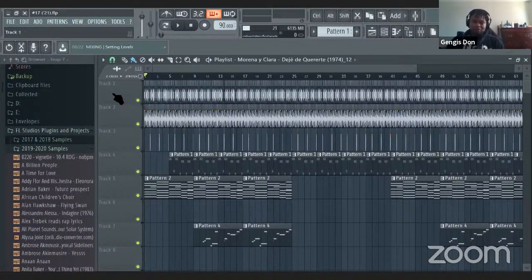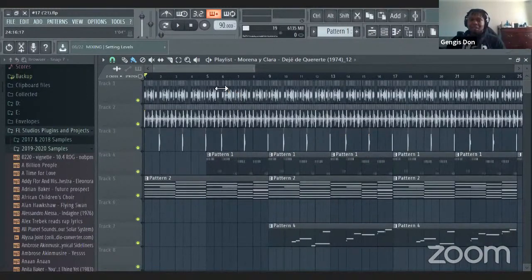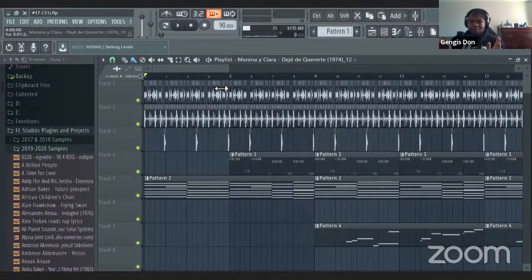That's very occasional. So what I like to do with my projects is always have an intro, so the artist can feel it out first and be able to come in soon. What differentiates each section from the other sections is just adding and taking out instruments. That's all you got to do.